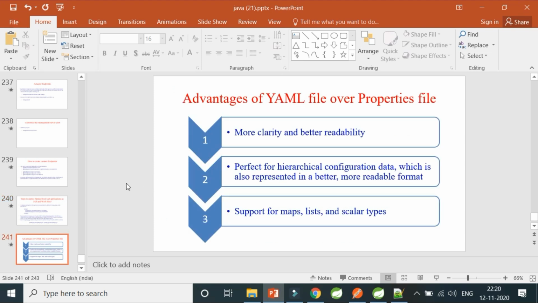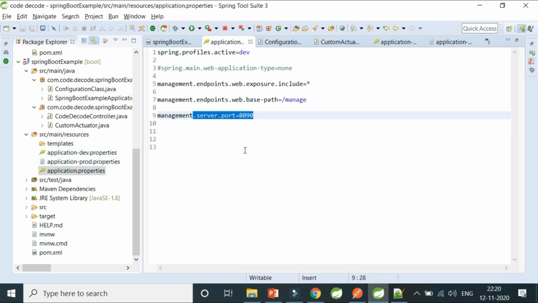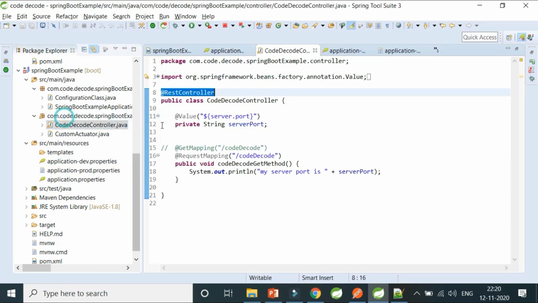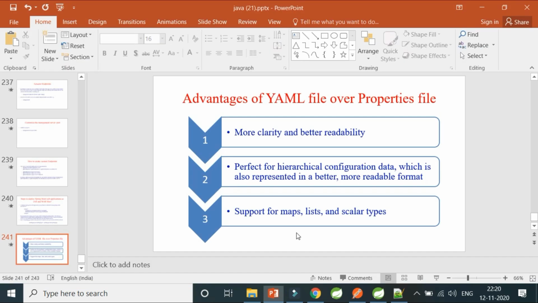Now this is a very important question which one of the viewers has asked me to cover: what are the advantages of a YAML file over the properties file? What I've covered till now is using the .properties file, right? In the .properties file, you can see everything is in one single line, this dot this dot this. And whenever you try to use something, you just use this dot this as a value, and you can use that particular server port here. Now a very important part is that many people prefer a YAML file over a properties file.